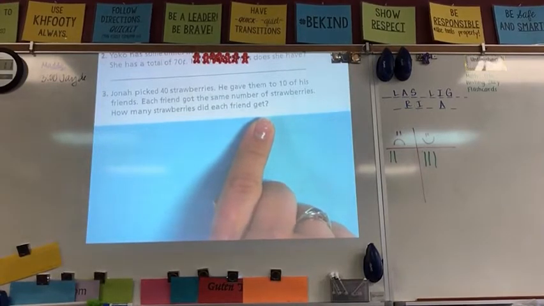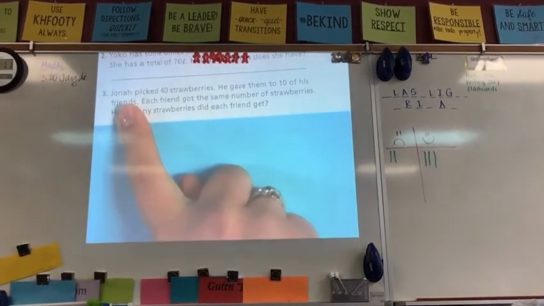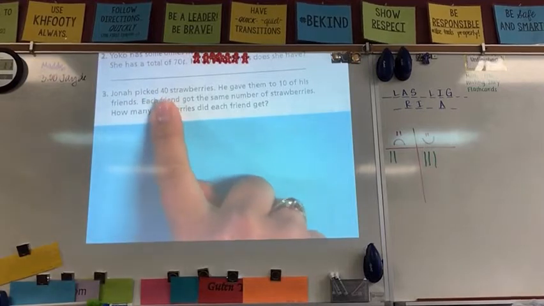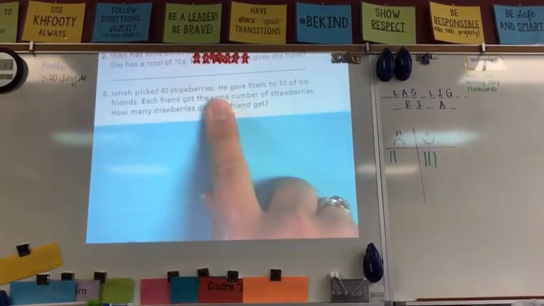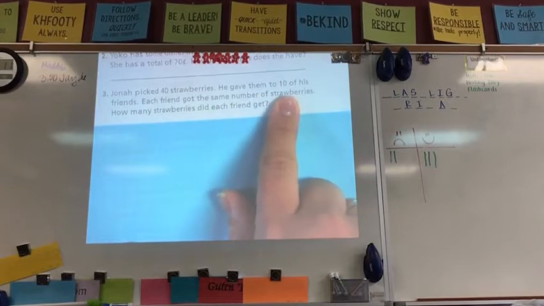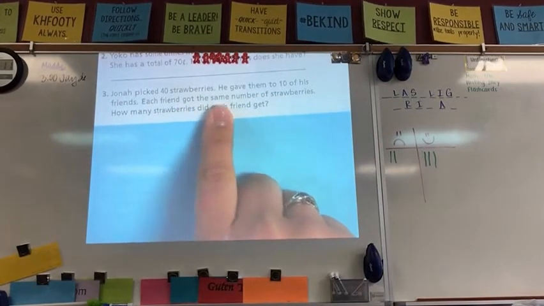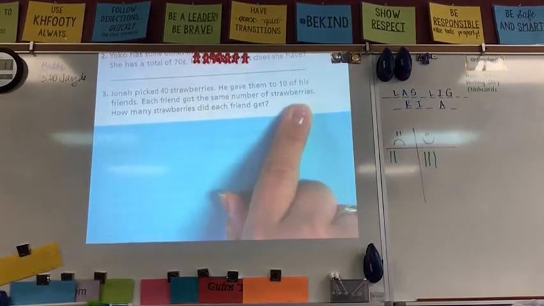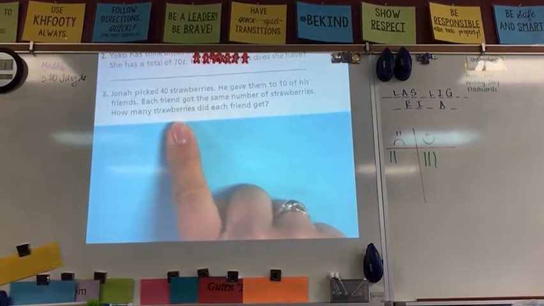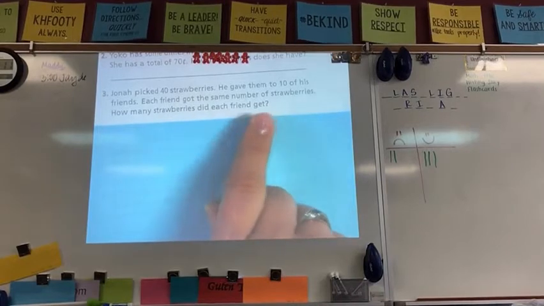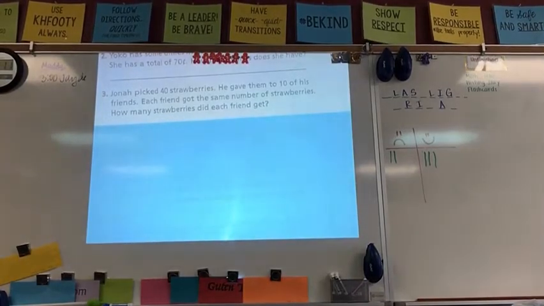This is division. Read it again with me, please. Jonah picked 40 strawberries. He gave them to 10 of his friends. Each friend got the same number of strawberries. How many strawberries did each friend get? Kevin, you've been very patient. What's some key information here? Almost division. How do you know? Because 40